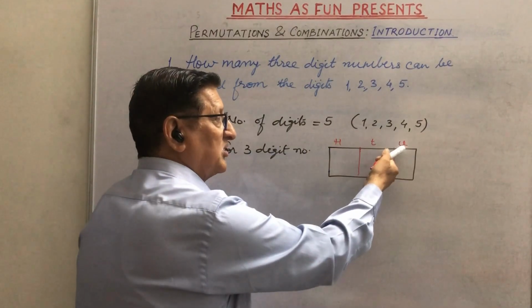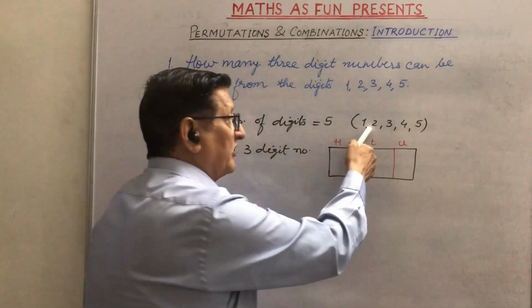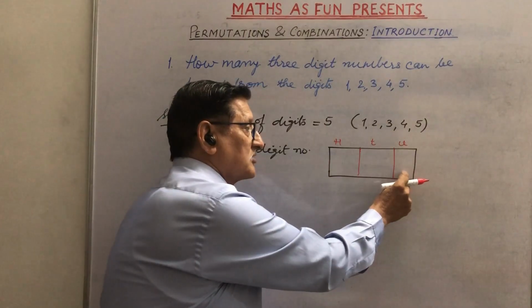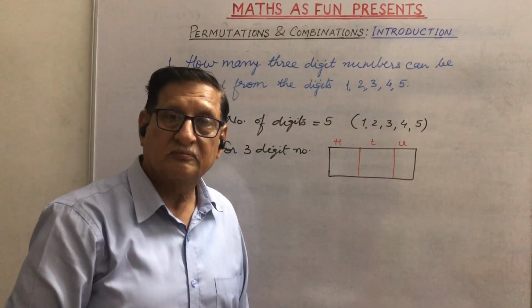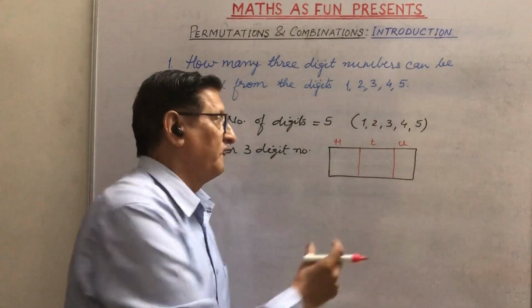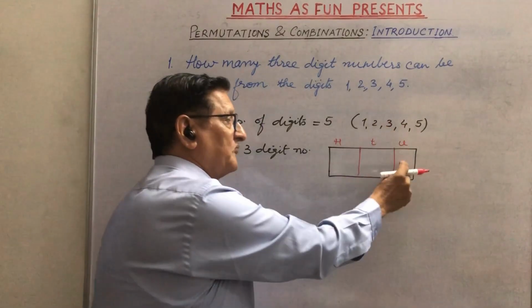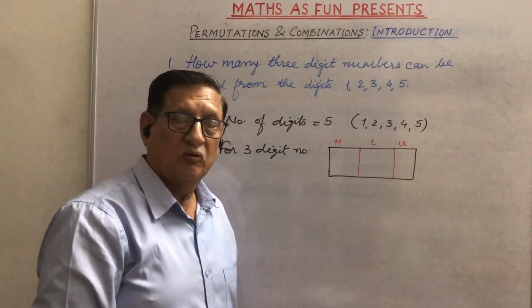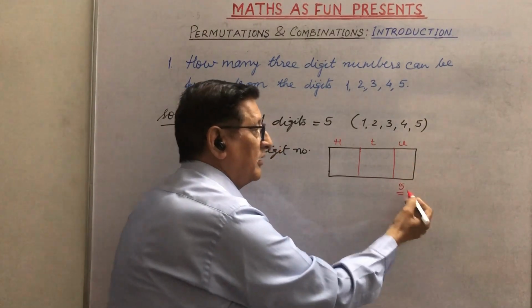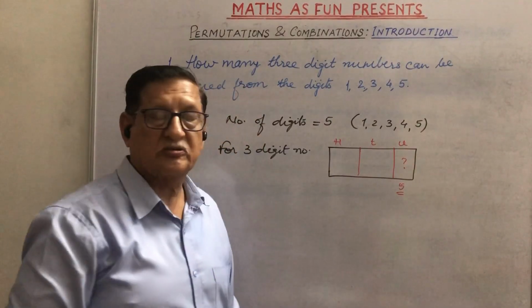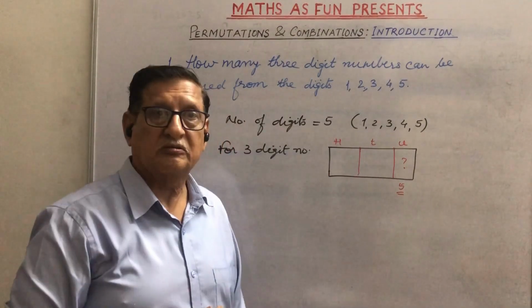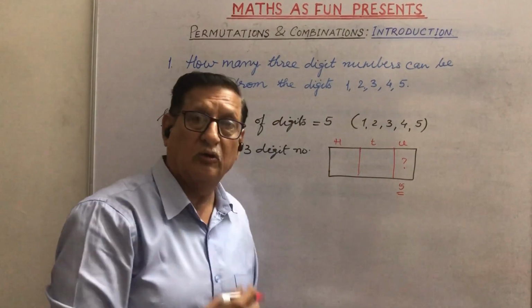We know the units place. Any one of these 5 digits we can place in this place. In how many different ways can we do it? We have 5 options. Any one of these 5 can be put here. That is 5 ways we can fill this particular place. Now if we are making the numbers with no repetition of any of the digits, suppose the condition has been given, no repetition of digits,